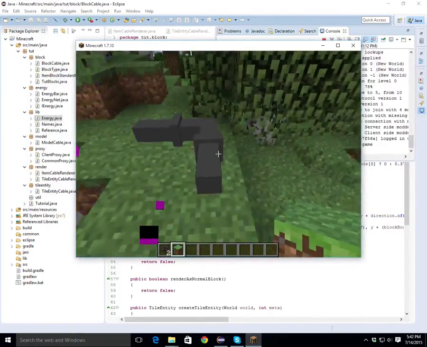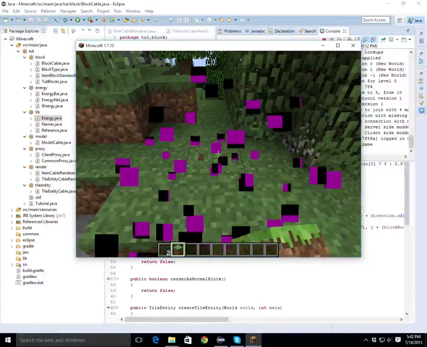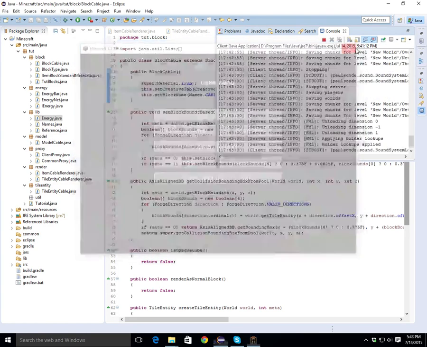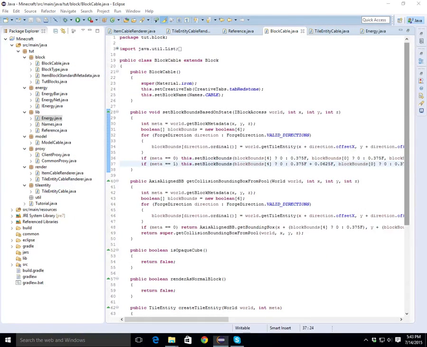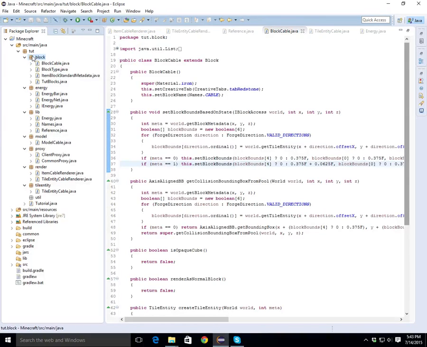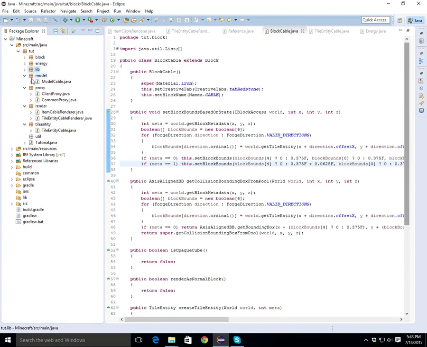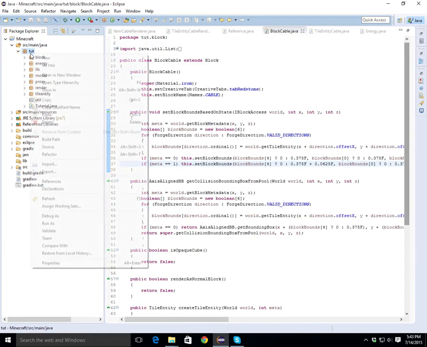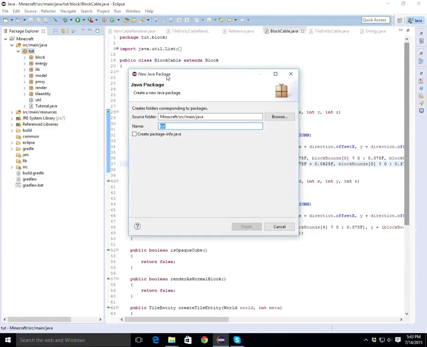But before we fix this rendering, I was gonna put an item in to test, to make sure those pipes actually have a connection to the power network. So we are going to create it really quick. Maybe, I don't know. We'll see how we go. We'll probably make it. Alright, so